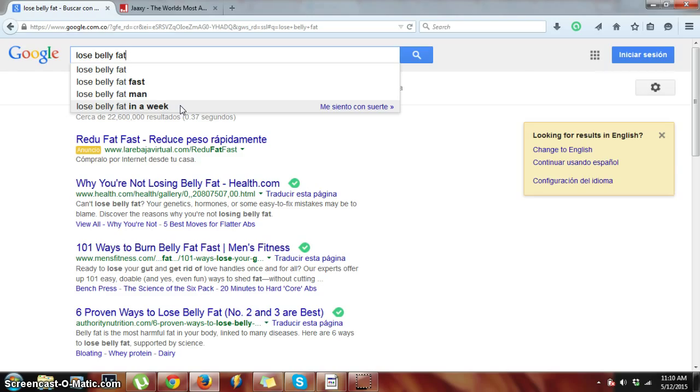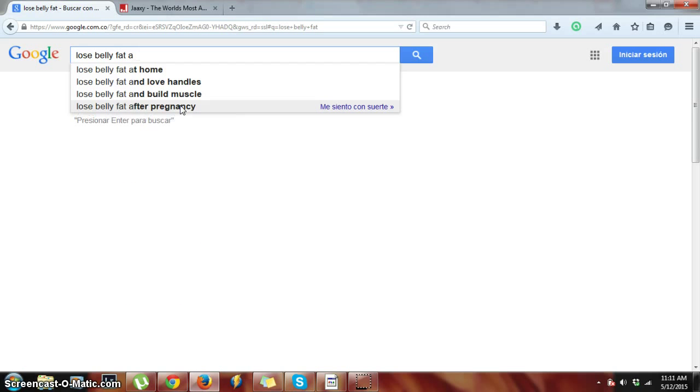What I wanted to show you here though is the alphabet soup technique, which is a really easy technique where you can take whatever content idea you may have, put it into Google, and then start typing basically the alphabet around that keyword phrase to find other similar related phrases that people are searching. So for example, lose belly fat, and I could go with A, and instantly I get at home and love handles and build muscle. I can go B, by running, by walking, C. And you can see that I can start getting a ton of different keyword phrases